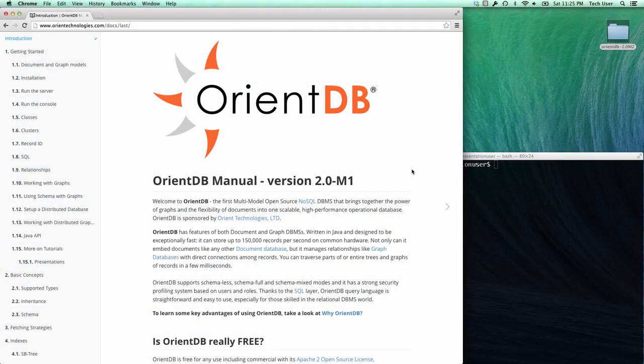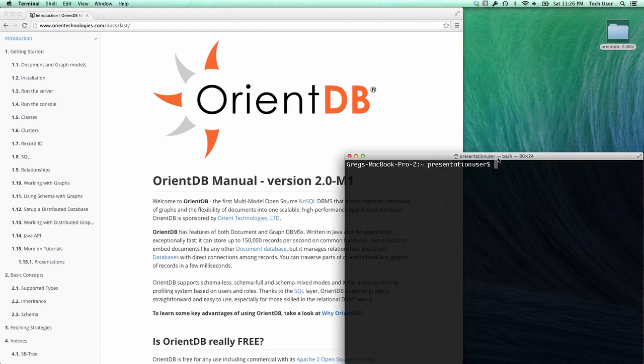Let's do a quick overview of OrientDB Studio. We'll be using this tool throughout the training, and it will be useful to see its basic features. I have two applications open, my browser window and terminal. You can see on the desktop I also have a distribution of OrientDB 2.0. I'll navigate to that folder on the desktop,